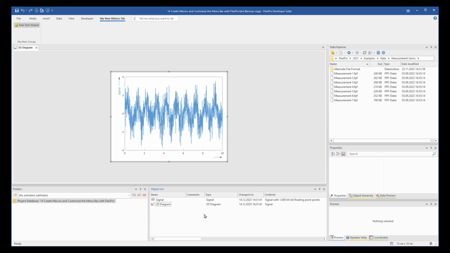Even if you work with FlexPro Professional or FlexPro Developer Suite and you have Visual Basic Editor available for programming, it makes sense to start first with a macro recording and then modify the code as necessary. Using the Visual Basic Editor, you can create powerful custom macros with Visual Basic statements that cannot be recorded. More about this in Online Help, Automating Processes.